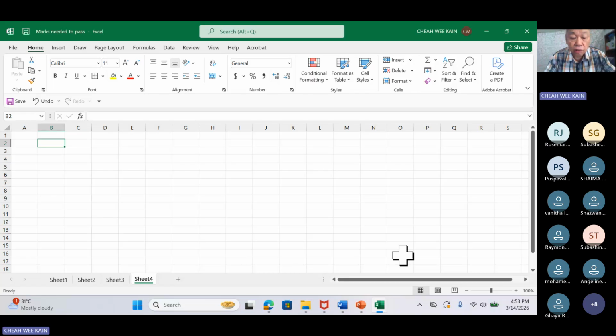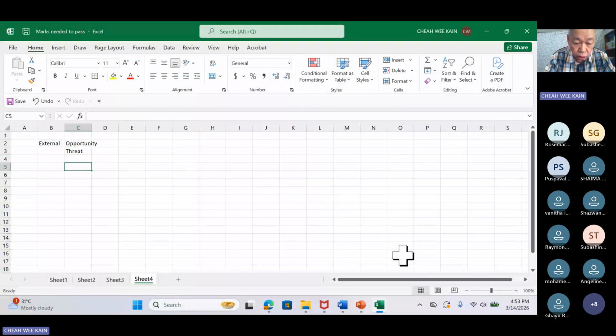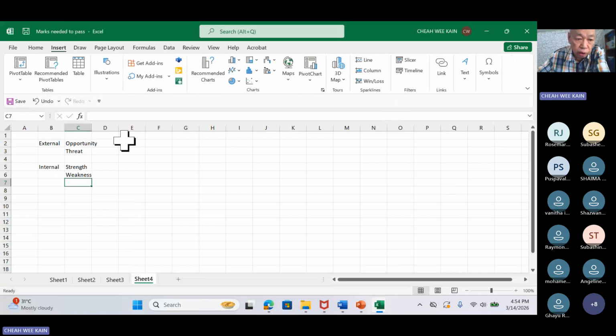The correct way to make objectives is to understand your external environment, which is composed of the opportunities and the threats in the market for your industry. And you need to know your internal strengths and your weaknesses in your company. That's why we call this internal and external. Only if you can understand.